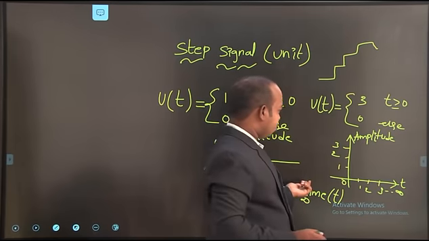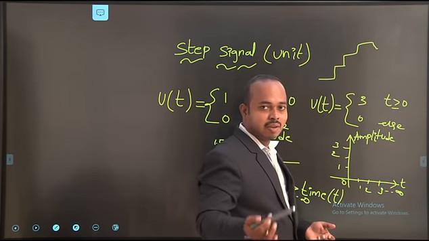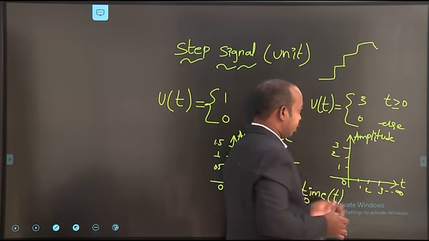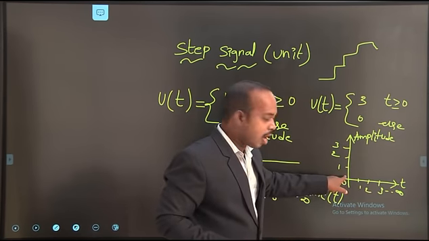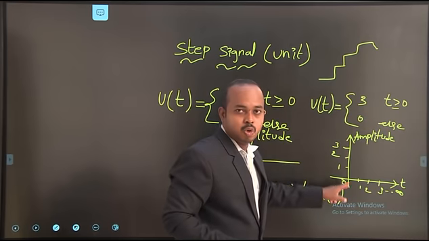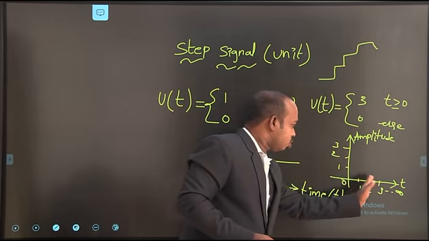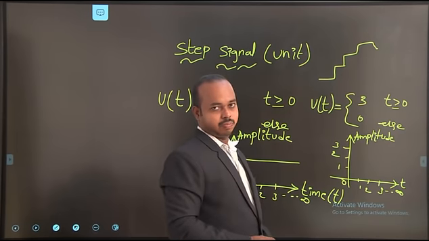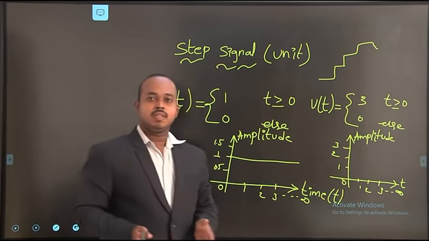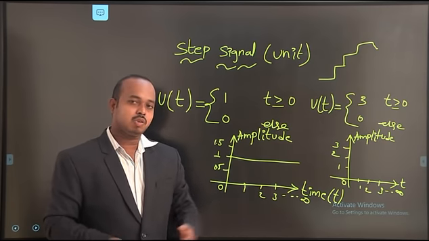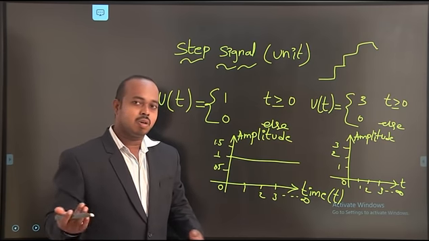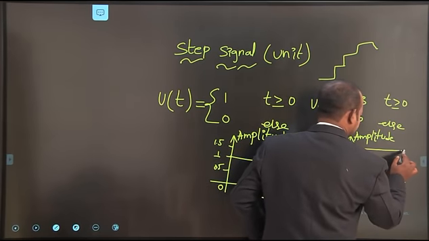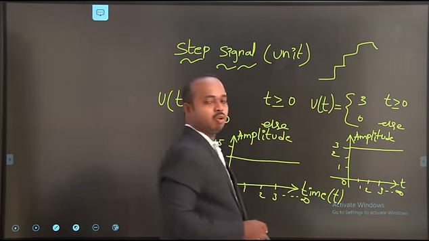In the same way, here we represent the graphical orientation for a step signal. Its magnitude is 3 for t equal to 0 and more than 0. More than 0 means all positive values of the time parameter, that is, 1, 2, 3 up to infinity. That's why at 3, I am taking the magnitude as a constant line.